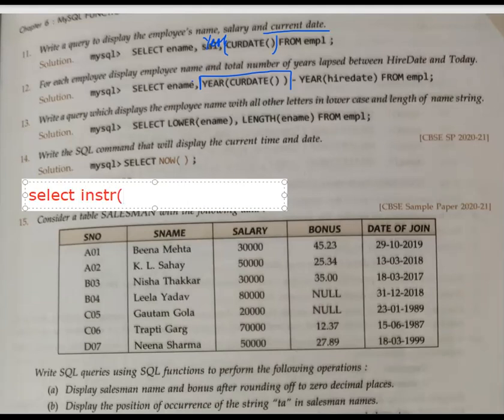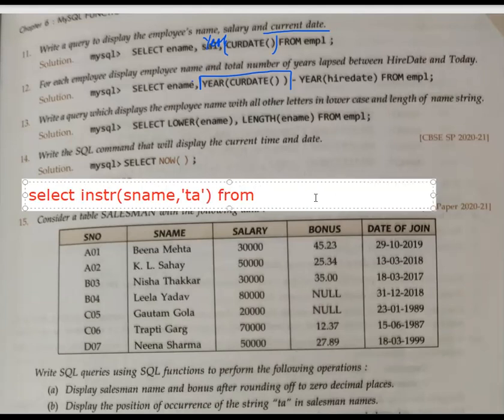Then you have to pass the column name. Again, we are going to search from the salesman name. So S name, comma, the substring that we want to search. Substring is TA, and then simply you have to write from, and then your table name, that is salesman. Okay, and the semicolon is compulsory.